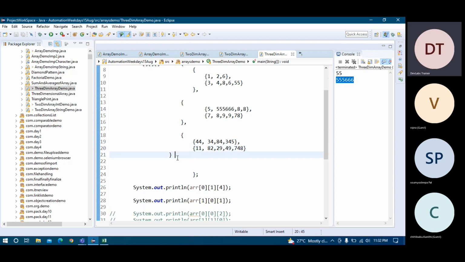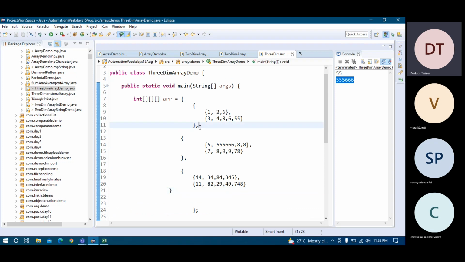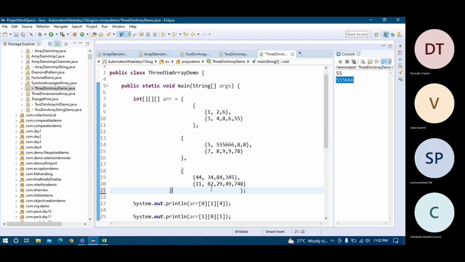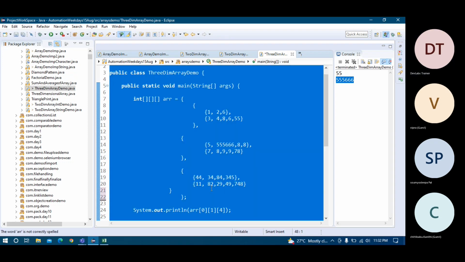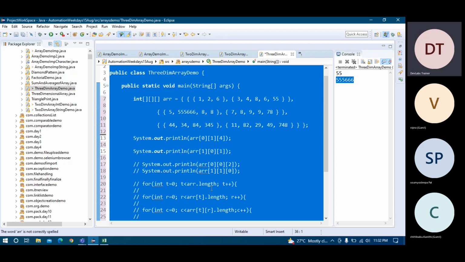So you see here now, and for the last table don't put any comma. The comma will be after the first table, then you have the second table, then comma, then you have the third table, then after that you don't need a comma, because think of a single-dimensional array, the last value we were never putting any comma after that. If I am formatting, it will be like this.